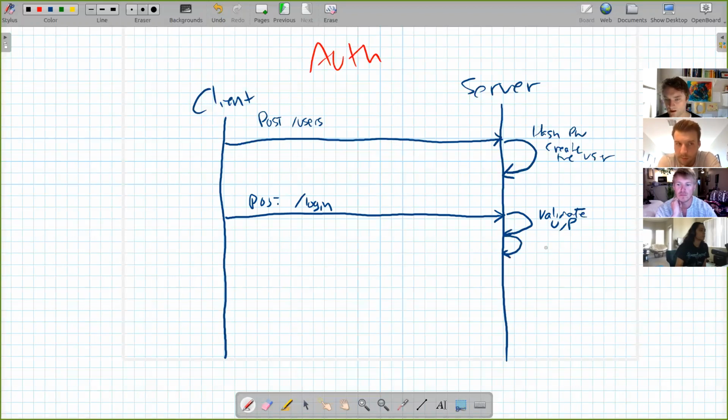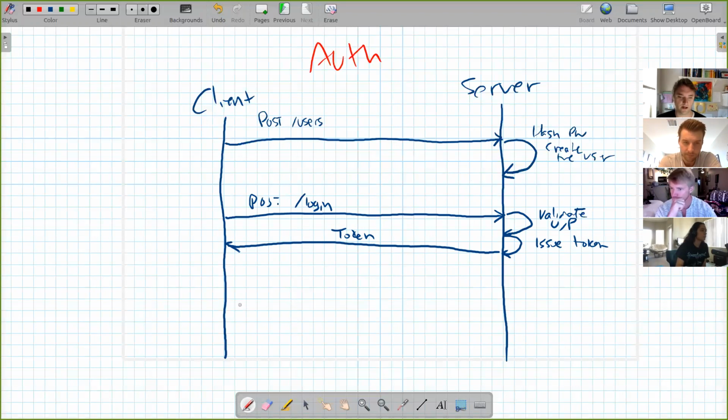And then it's going to issue a token. And it's going to send it back. That was step two. Step three